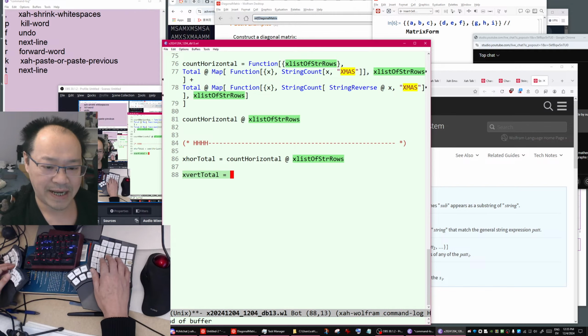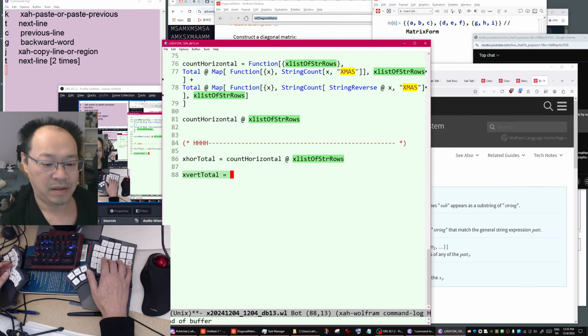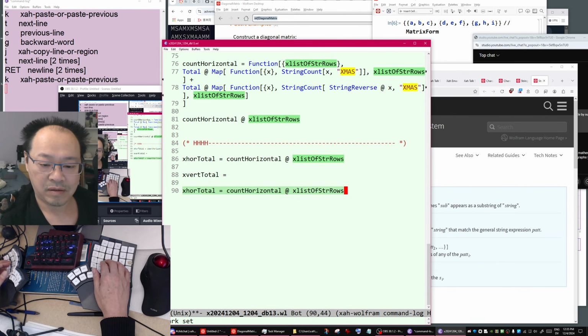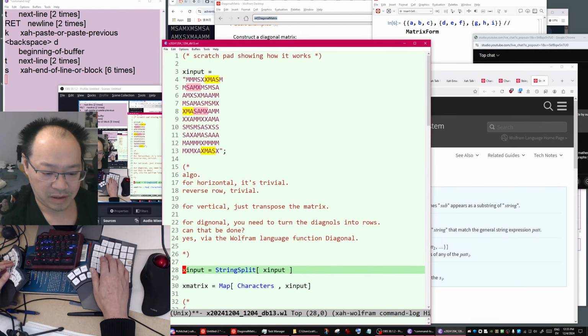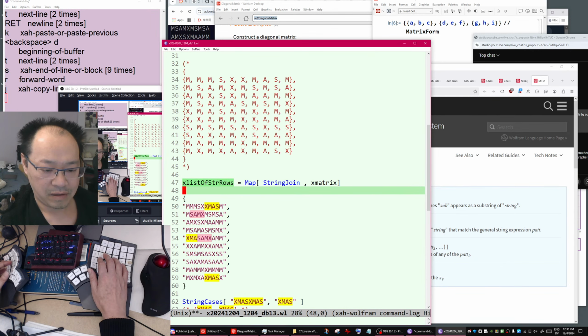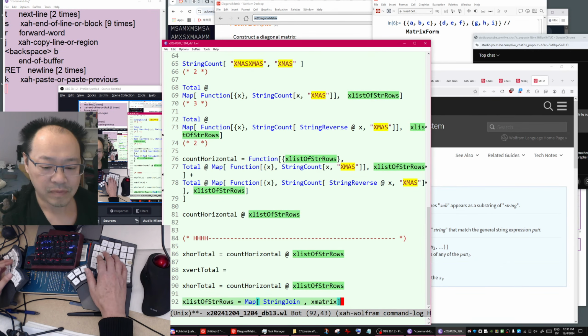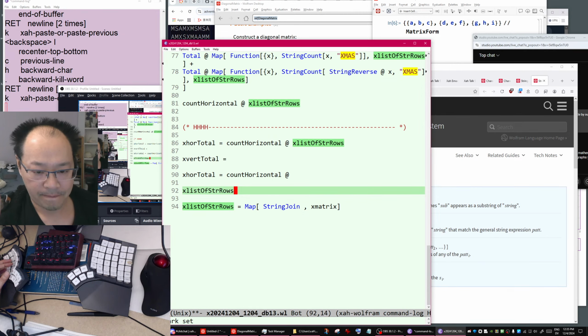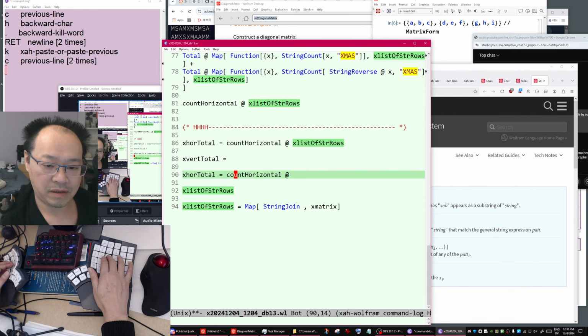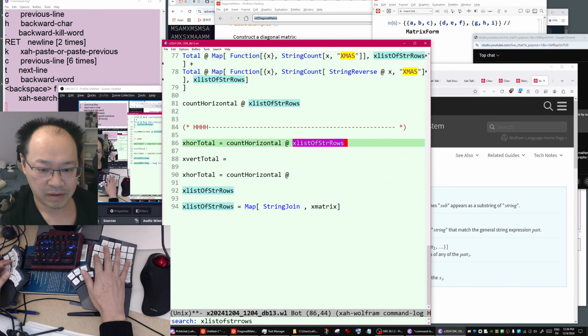We are doing clarity here. For vertical, you need transpose. Let's see. Actually not this. So the horizontal, let's do this manually.